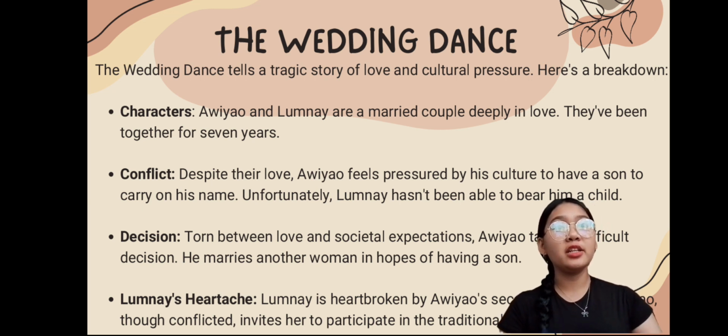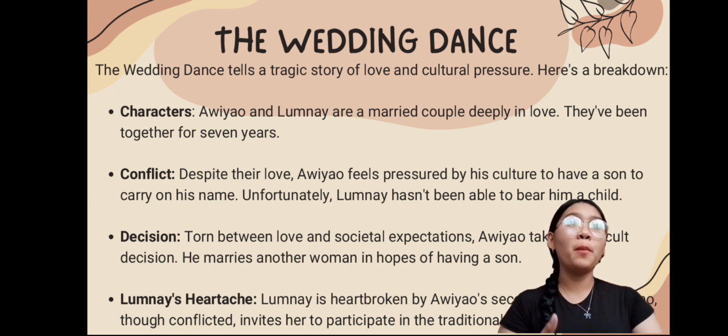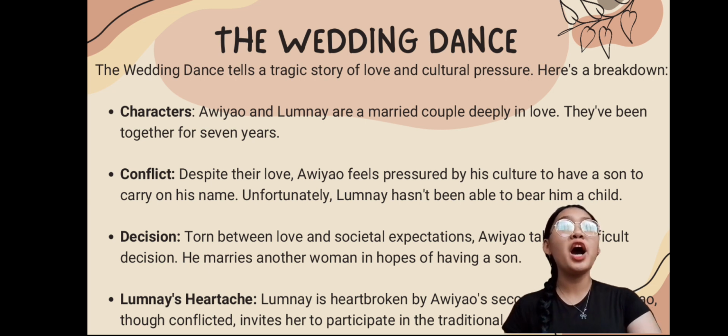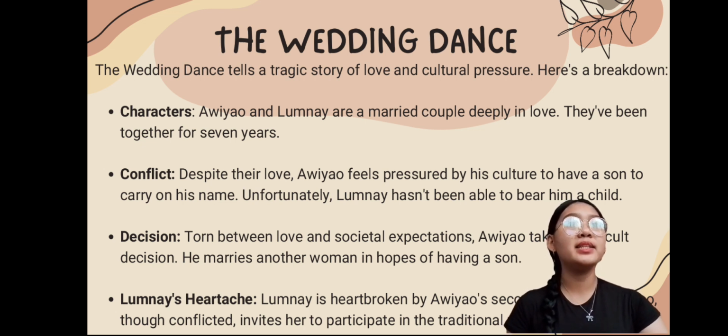So I have here the characters. Awiyao, a man deeply in love with his wife Lumnay, but compelled by cultural pressure to have a son. And we have Lumnay, Awiyao's wife, who is unable to bear a child and is heartbroken by her husband's decision